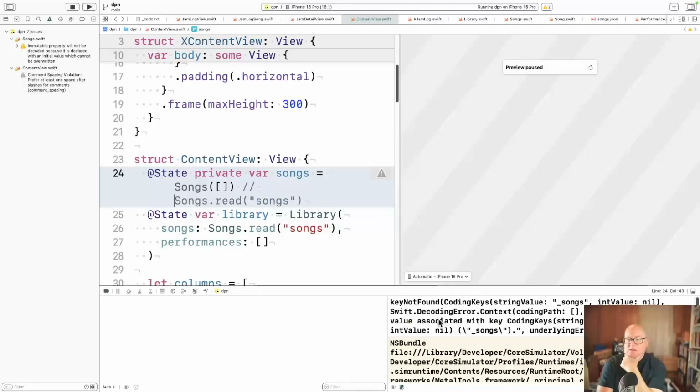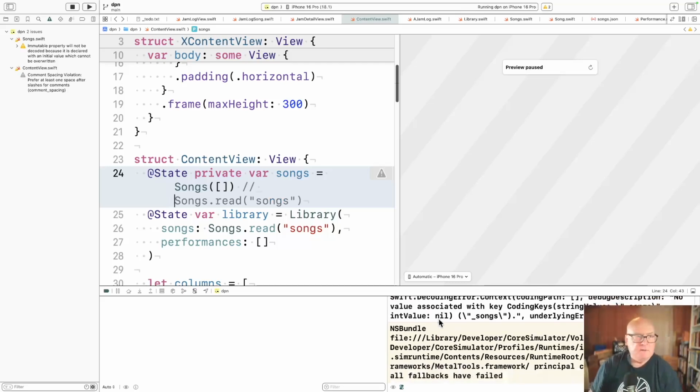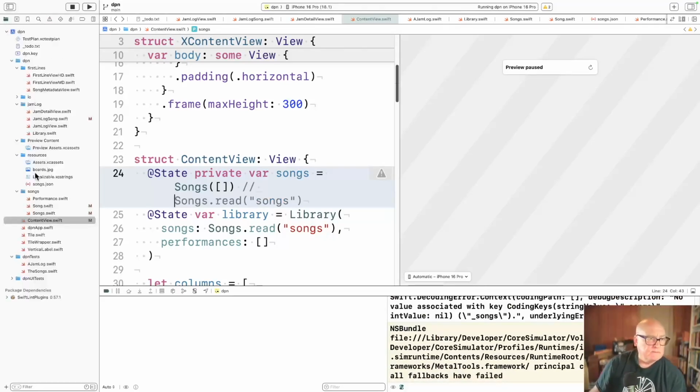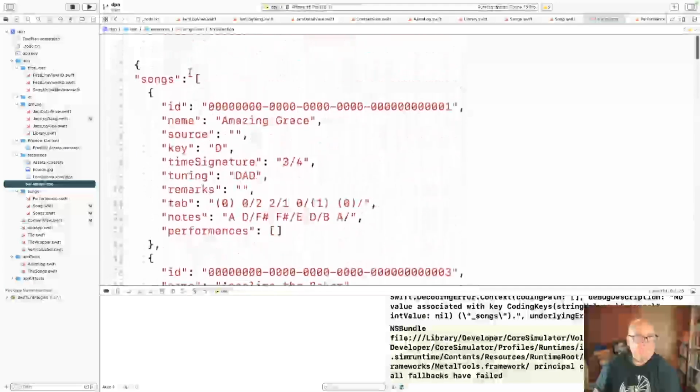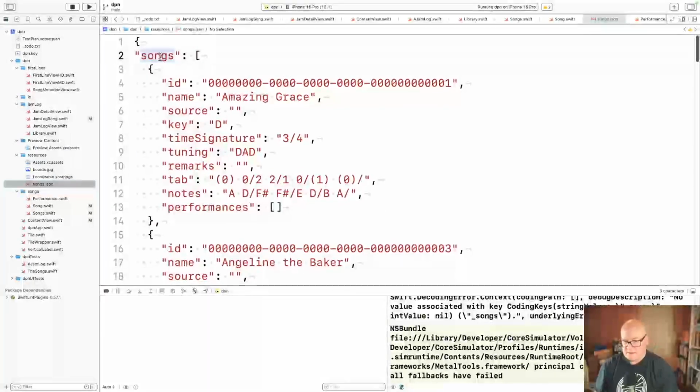So I think the question is, what is it trying to read? Okay, let's go look at that file. And there's this. Should that be underscore?